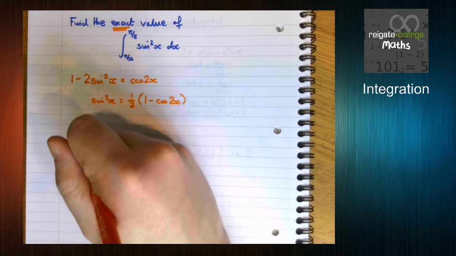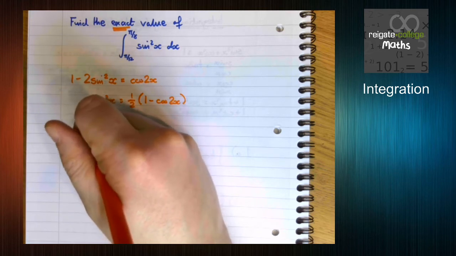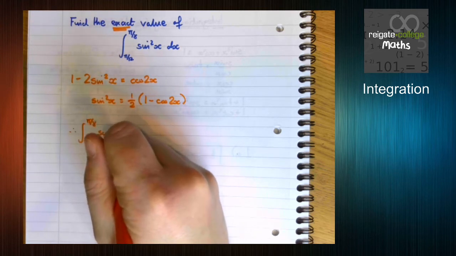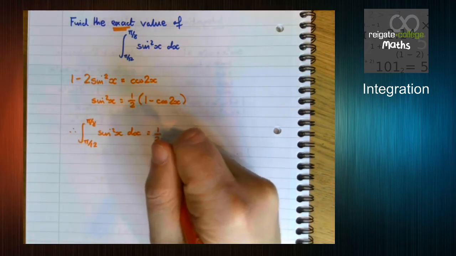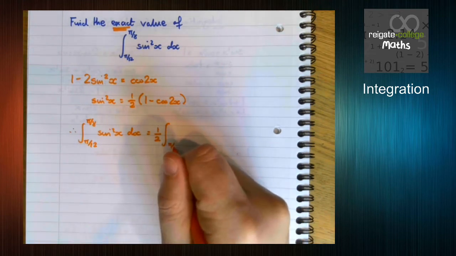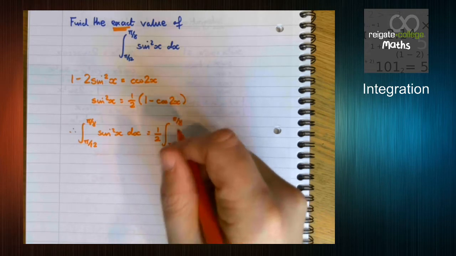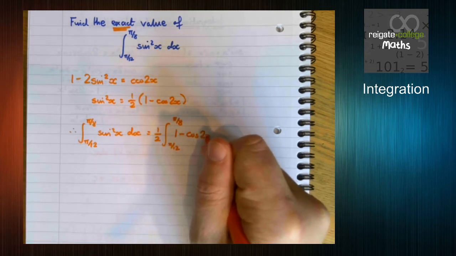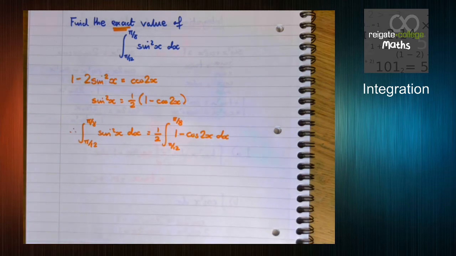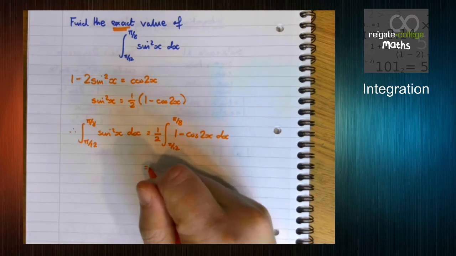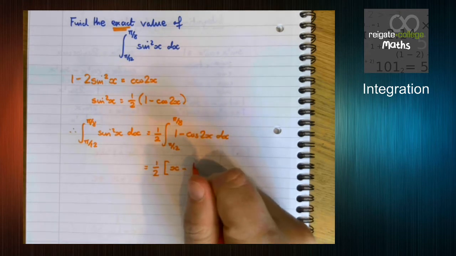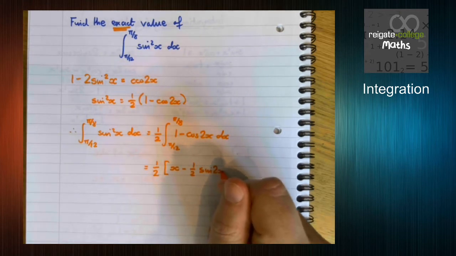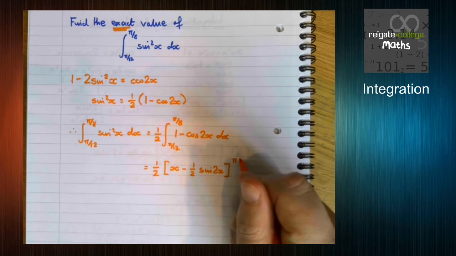Therefore, the integral between pi over 12 and pi over 8 of sine squared x is the same as half of the integral using the same limits of (1 minus cos 2x). Now we integrate as we've always done. 1 integrates to x, cos 2x gives half sine 2x, as we've seen, and we evaluate that between pi over 8